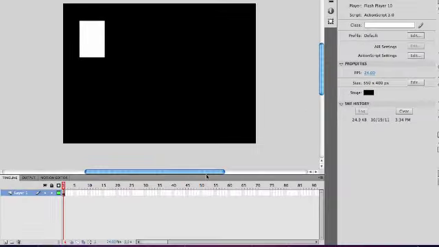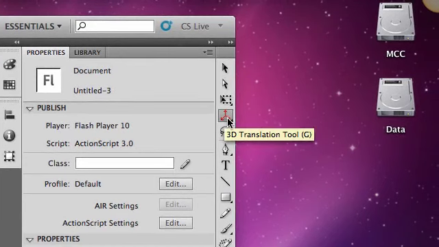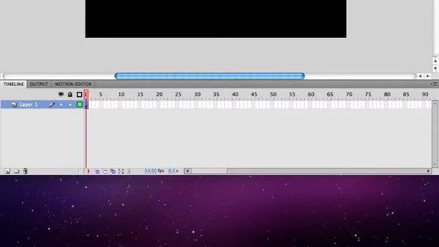In this demonstration, I'm going to show you how to use the 3D translation tool and the 3D rotation tool. To begin, I created a background that was black by changing the stage to black. I drew what's supposed to represent a piece of paper. I created a movie clip that has no lines, just has fill, and it's white, representing a piece of